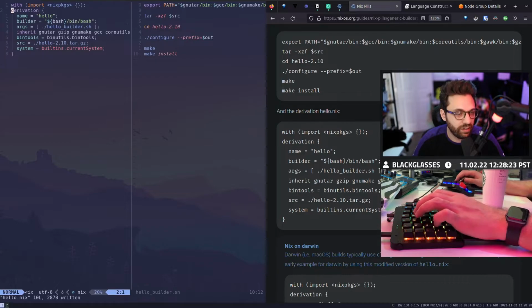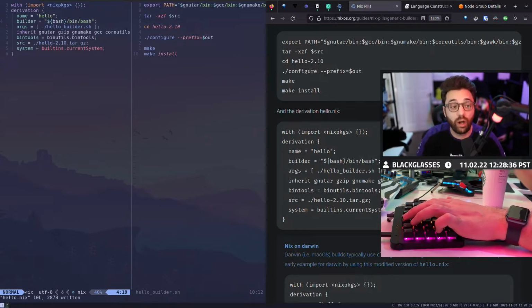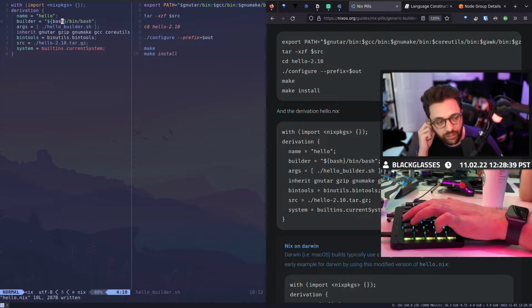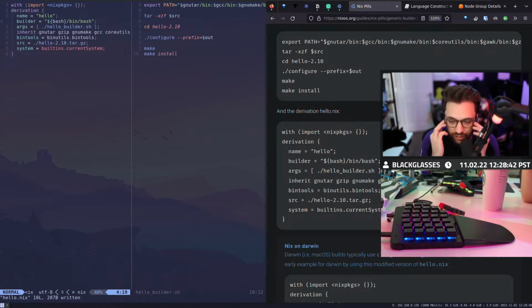And then we create a derivation and we say, all right, we're not just going to import some derivations or some existing built software. We're also going to build our own software. The name of that software is hello. The builder is basically the thing that runs when we build something. So if you think about a builder in general, and you want to make it configurable, I don't want it to be imperative where I can just run commands, but I want a configurable builder. Well, you can either use a binary that already exists that is configurable, or you have to provide it something.